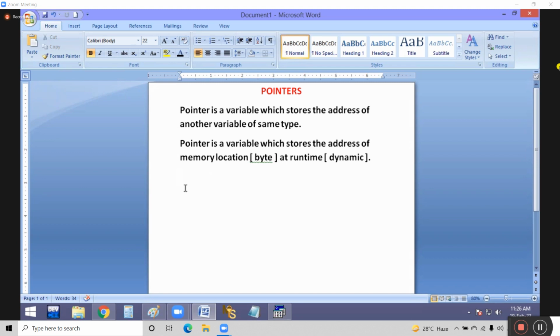And runtime is also called dynamic. That's why it is called dynamic memory allocation. Okay, guys. Everybody clear? And dynamic memory allocation advantage is what? It prevents the memory wastage. And next, it is an implicit pointer. It is again